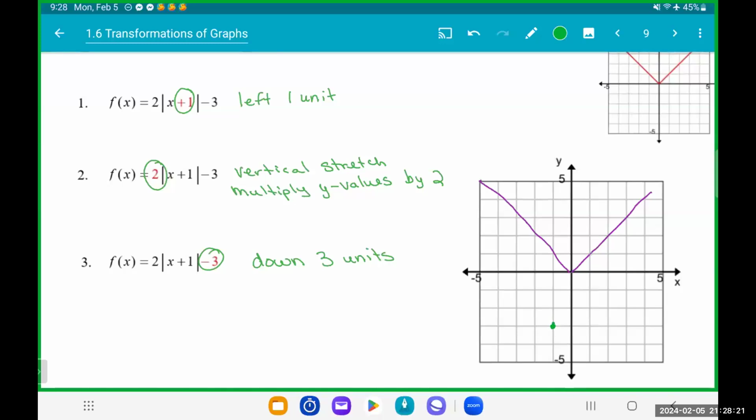Okay. If we took this point right here where we're 1, 1, we're going to shift left 1 unit, multiply, that was a 1, multiply that by a 2. So now we have a 2 for our Y value. And we're going to shift down 3 units. Okay. And we can go through each of those,